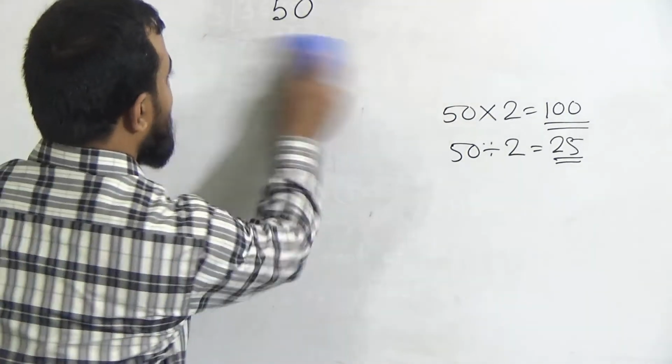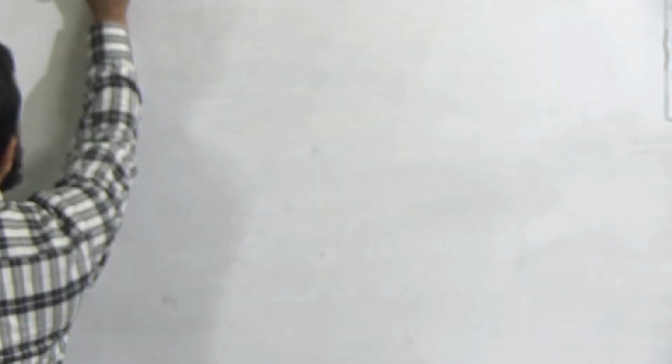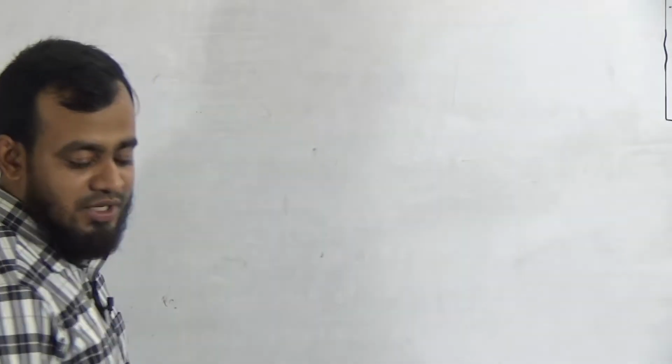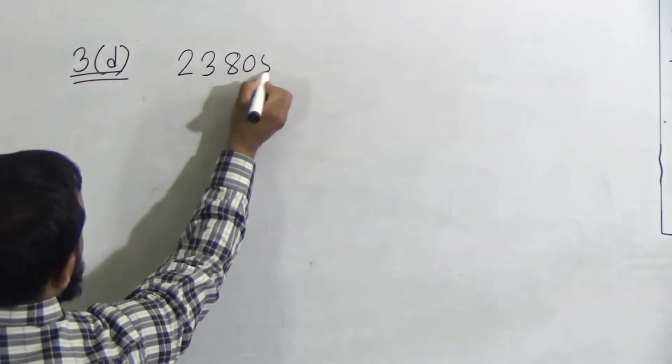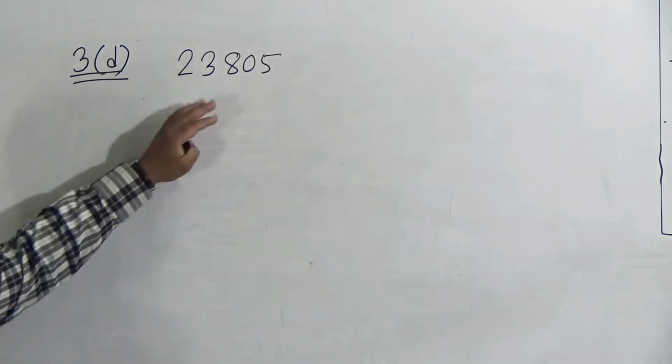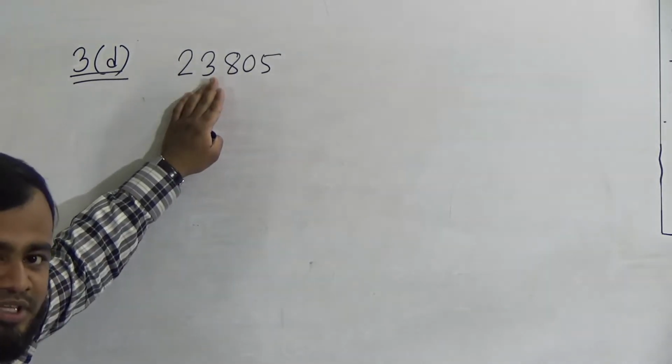Now we will read out question number 3 to solve activity D of question number 3. Okay, the question number 3 on page number 9 is, what is the least number which is to be multiplied with the following numbers to get a perfect square number? There are 4 activities. We will solve only activity D, my dear students. The number given here is 23,805. To solve what is the least number to be multiplied with this number to make a perfect square number,